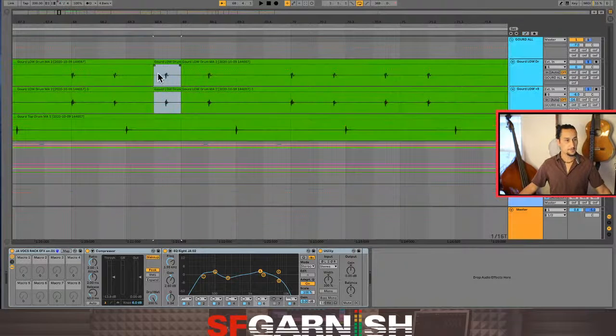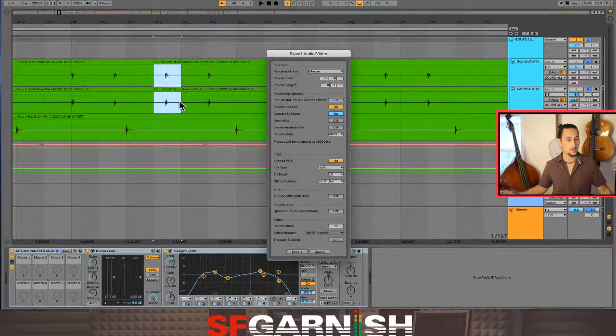Now let's go ahead and sample this. So I have this soloed, and I have these two tracks right there, and I'm going to go Command Shift R. You can also go File Render, but Command Shift R is the shortcut. And you're going to go in and make this a mono loop, because the low end kick, you don't really want that stereo. Most often the low end bass kick is going to be mono. I'm going to say render it as a loop, and the bit depth, let's bring that to 24. It's a wave,